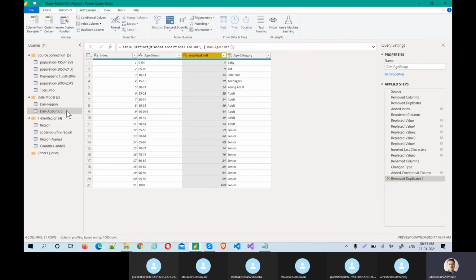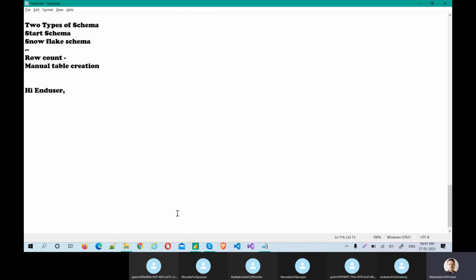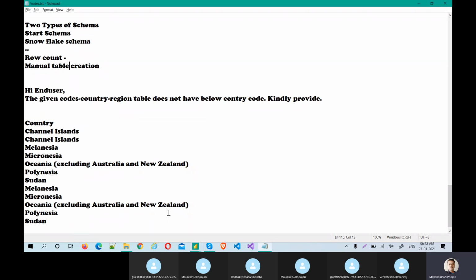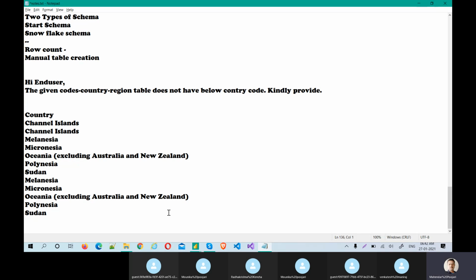Any questions so far here? Do you have any other doubts? Before I create the next one, what we have learned: we created a manual table to enter the missing country codes, missing region codes, missing regions.